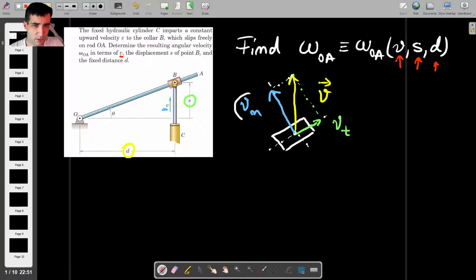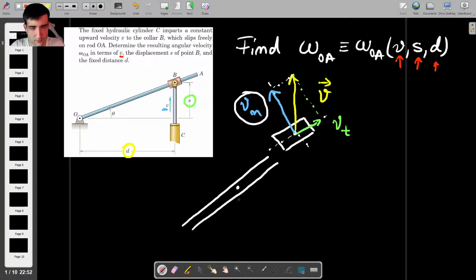Now, if you think about what happens to the bar that goes through the collar, within that collar you have the bar going through it, and where point B actually is, the normal velocity of the bar at this point has to be equal to Vn. So this VB, let's call it, has to be equal to Vn. Now, why does this have to be equal to Vn? Well, that's because